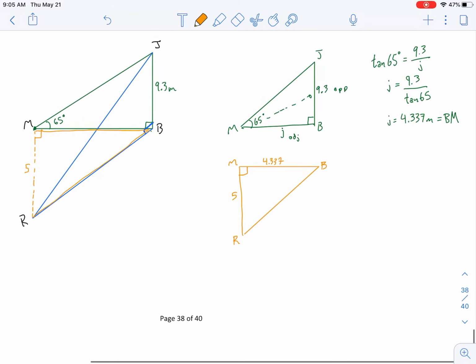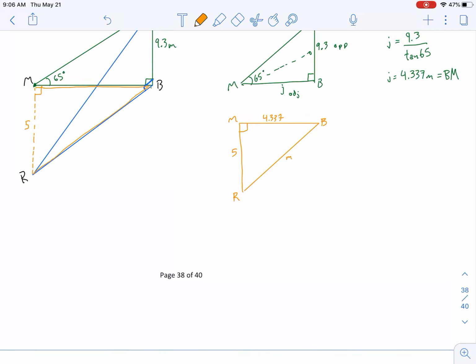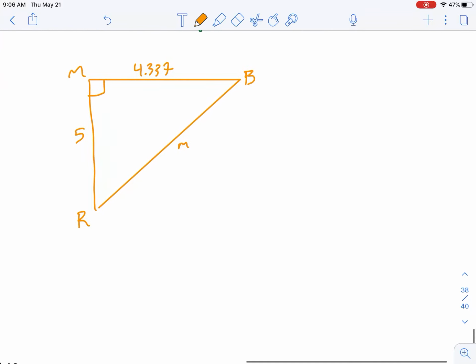And then we think, what is common between this triangle and the next triangle we're going to look at, the next triangle being RJB? That would be side length M over here, or side length RB. So if we solve for that length, then we can use it in our third triangle. So let's solve for that length. We don't have either of those angles in here, but we do have two sides, neither of them being the